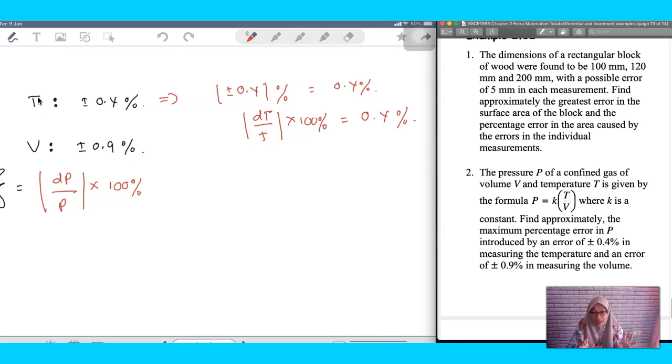So now it's fair. The left side is about the maximum percentage error, and the right side also tells you this is the maximum percentage error after you put the absolute sign, isn't it? Am I right? Okay, so now